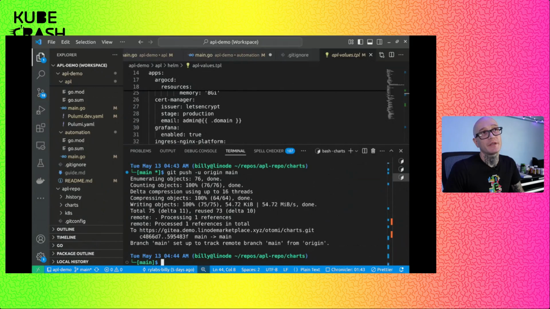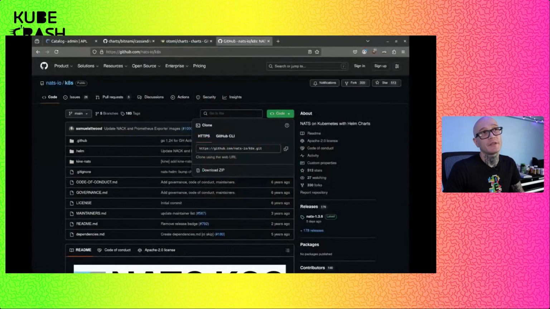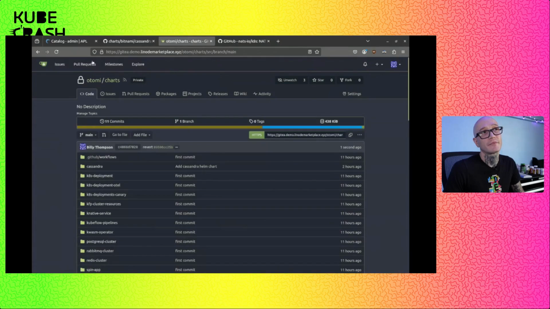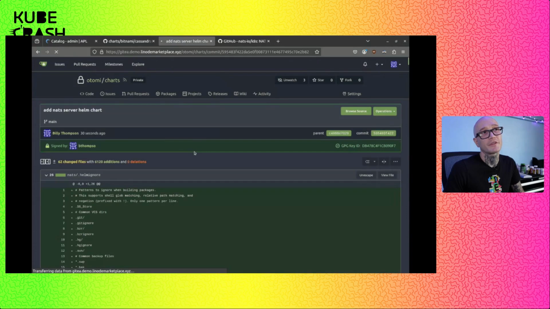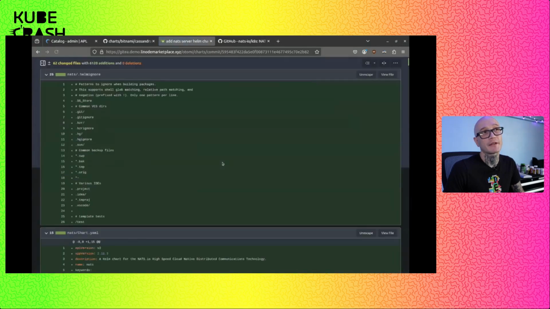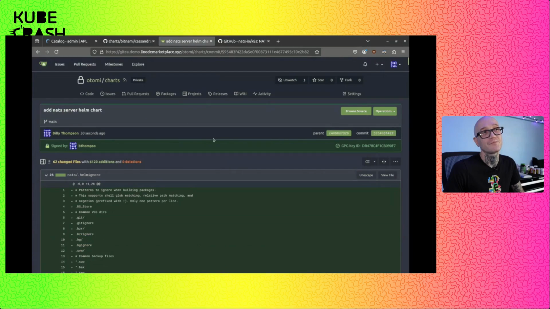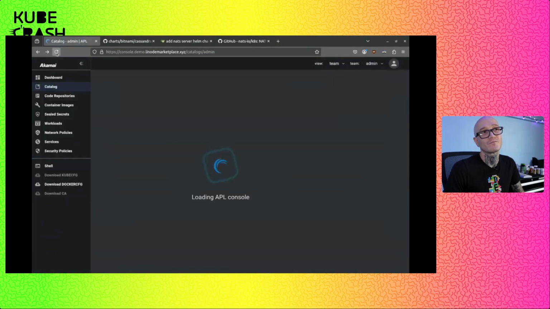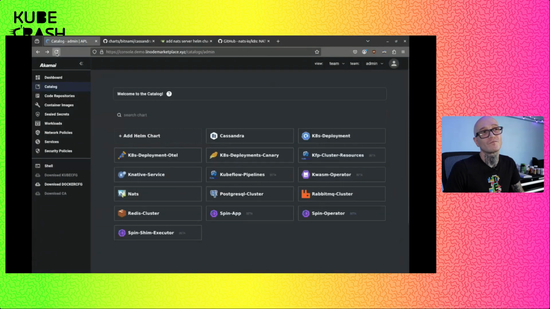And now if we go back to the Git instance and refresh, we see the commit there with everything it grabbed from the upstream nats repo. And if I refresh the catalog, let there be nats.